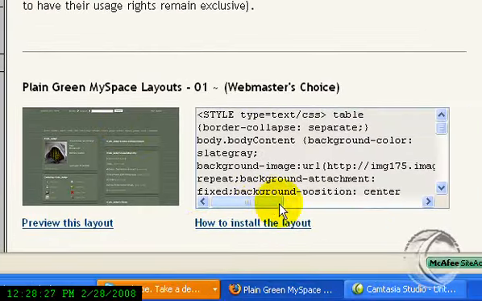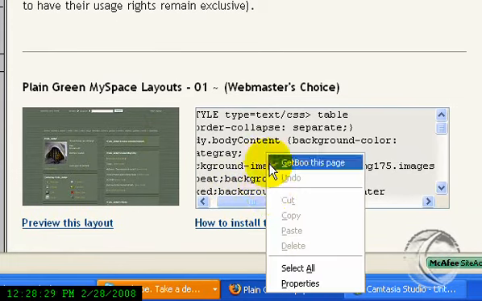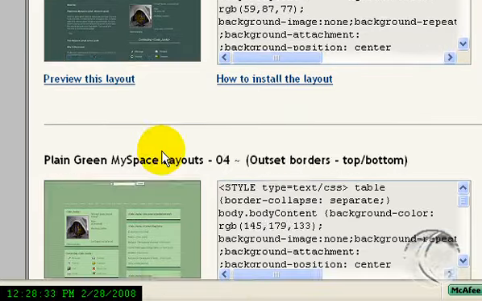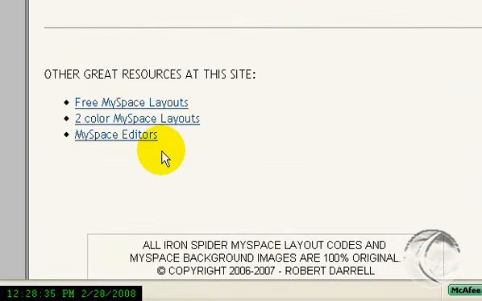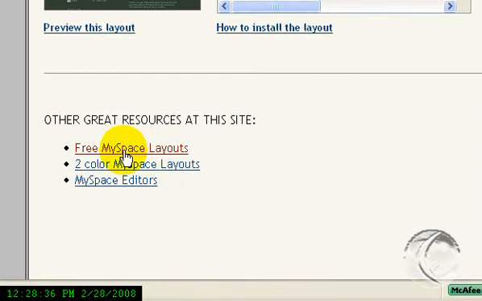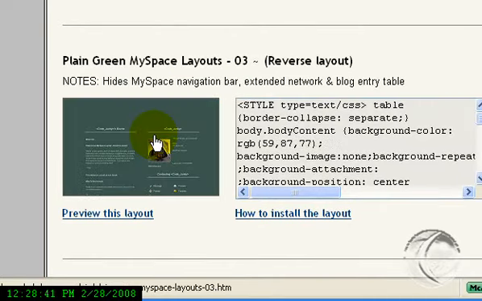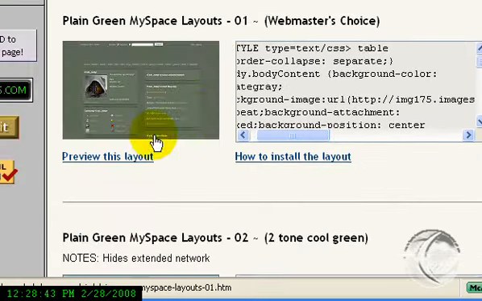Okay, this will just kind of give you, not that I would ever use this one, but here's how it works. Real simple. Once you find one you like, and you got to look around back here in his site, but there's tons of them. And you can just keep following his links. 2-color layouts, free layouts. He's got professional layouts. Just, you know, it goes on and on. So you find one you like. You simply